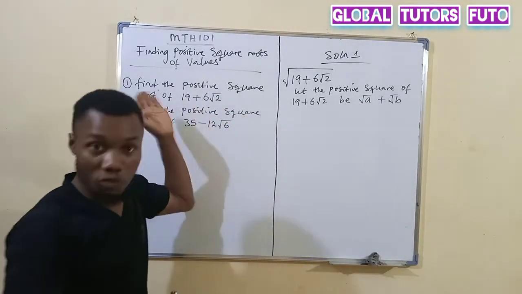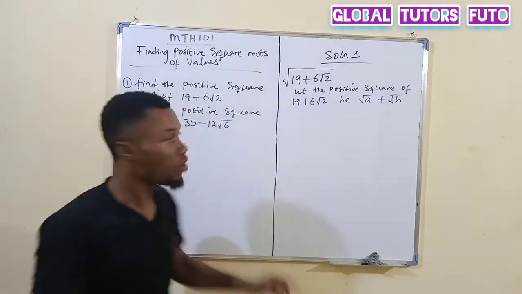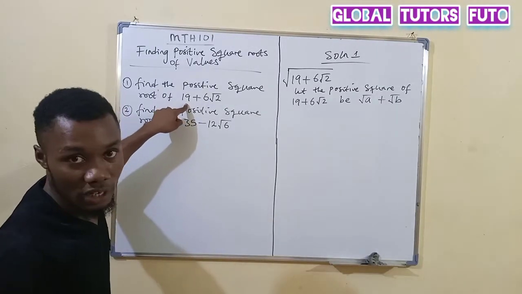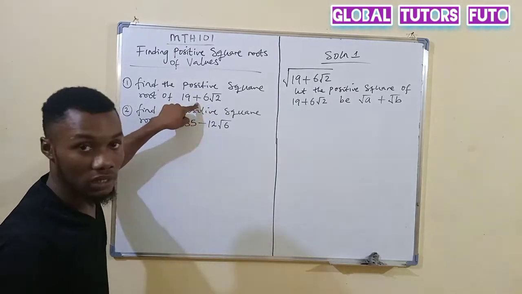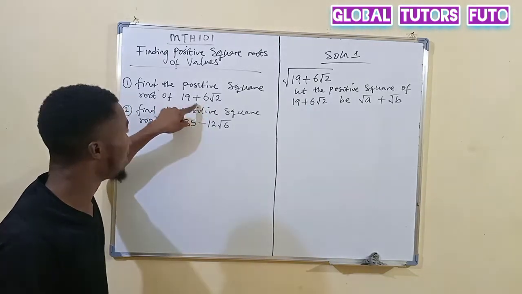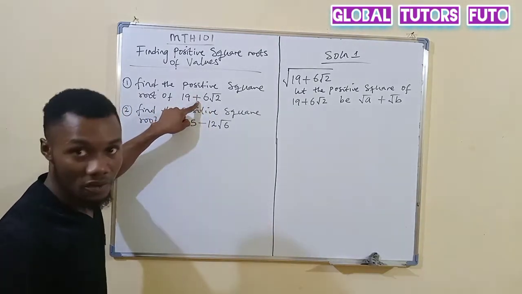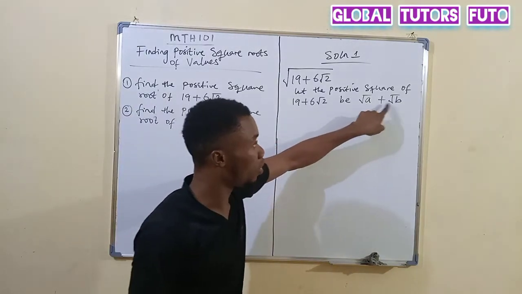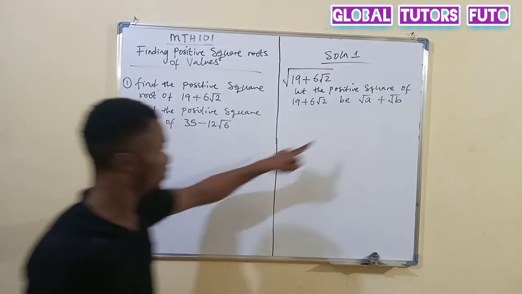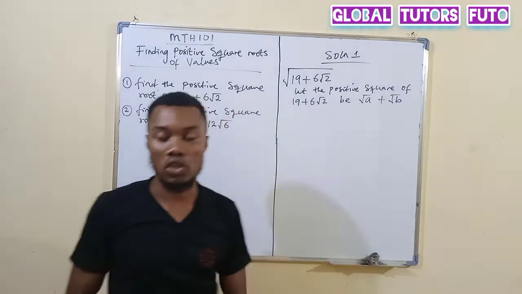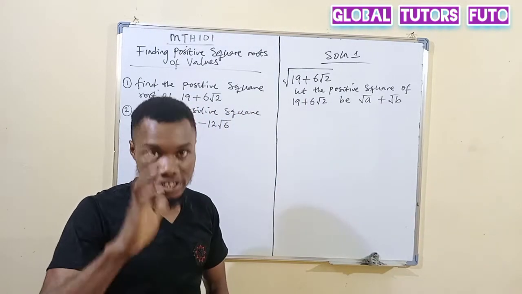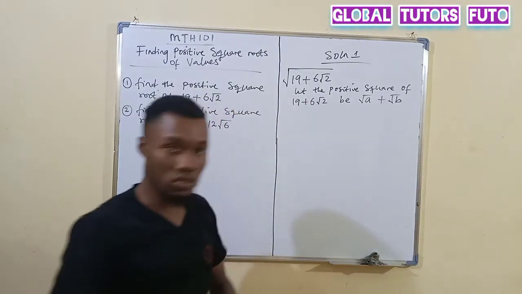So whenever you see this type of question, this is the way you must solve it. When you see positive square root of any number, the first thing you do is check in between. Do we have a positive number there or a negative number? If the number you have there is positive, root a plus root b. If it is negative, root a minus root b. So always try and make things easy for yourself, okay? So now let us get to what we have.